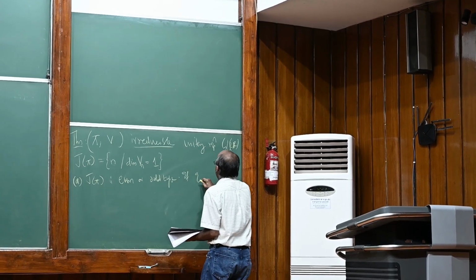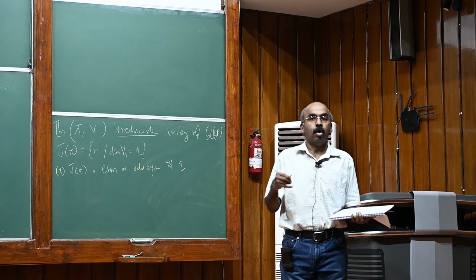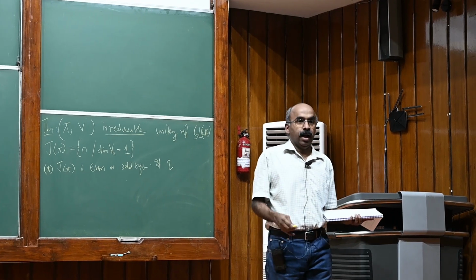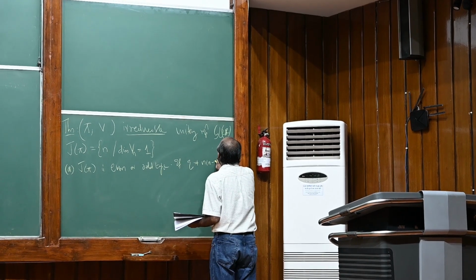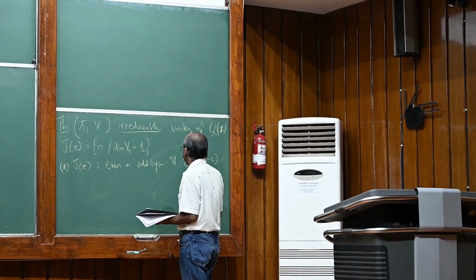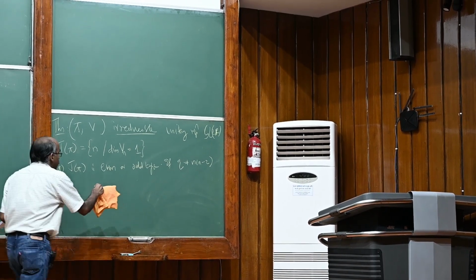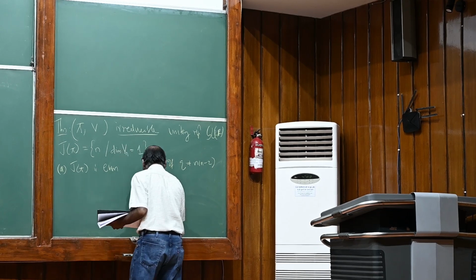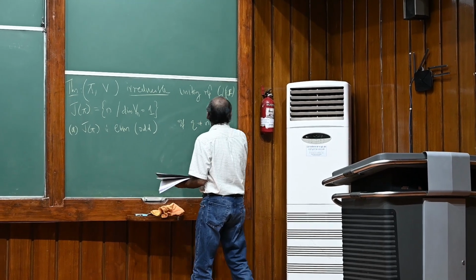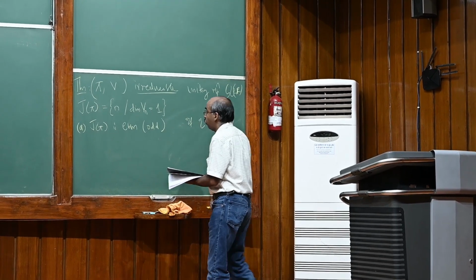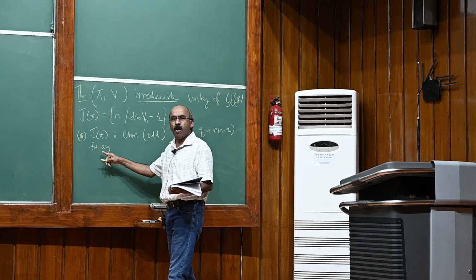If Q was the Casimir's value, right? Casimir acts like a scalar on irreducible representations, and if Q was not equal to n into n minus 2, so let's write the second case in bracket. So even odd, Q is not equal to n into n minus 2 for any